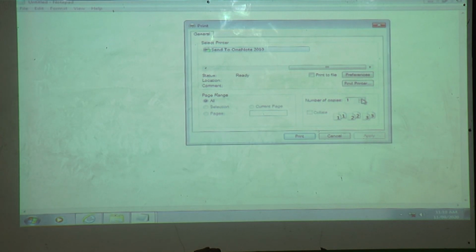Here we can write 2, and afterwards we can click here, apply, and then print. Then this document, whatever we wrote, will be printed.